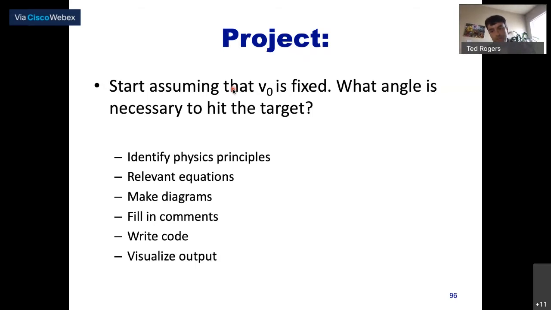But the first thing to do is see if you can follow the steps that I encouraged you to follow last Thursday. Okay, identify physical principles. Okay, we sort of already did most of that. And the relevant equations we also did. But it would be good if you guys make your own set of diagrams.